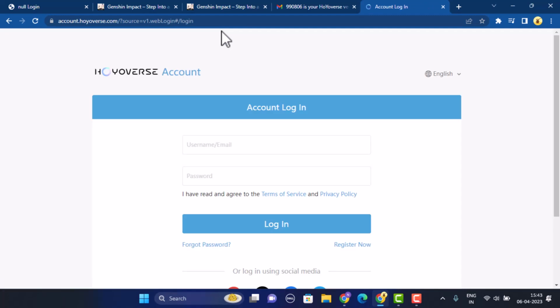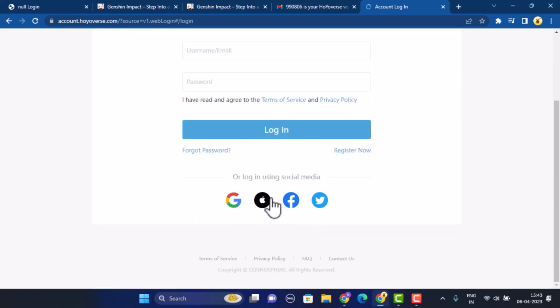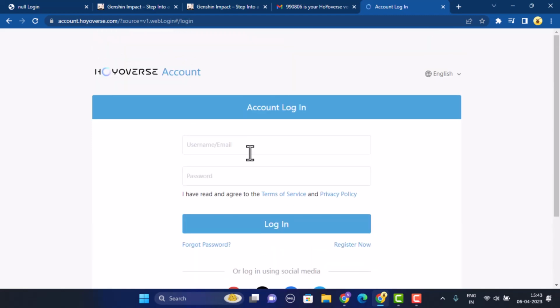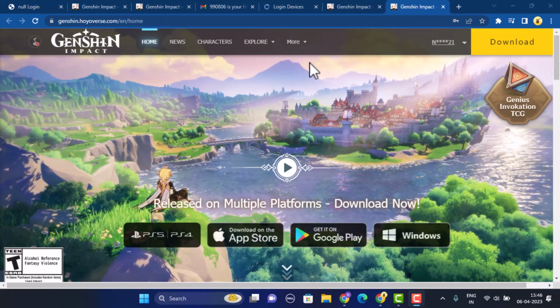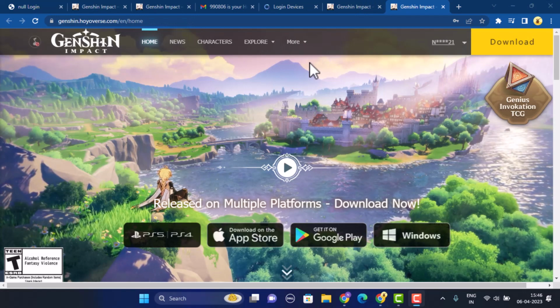Once you type in the link, you'll be taken to the login interface where you need to enter your login credentials. That includes entering your email address and your password, or logging in using your social media. Since I've created my account using my email address and a password, I need to type in the following information. If you're unable to find this kind of interface, then you need to go to the link that is